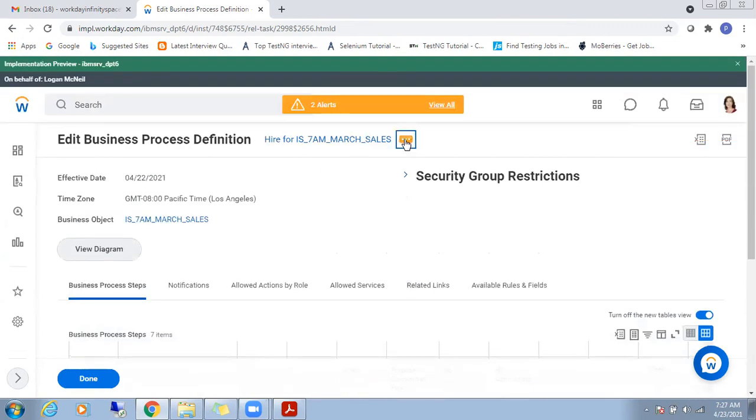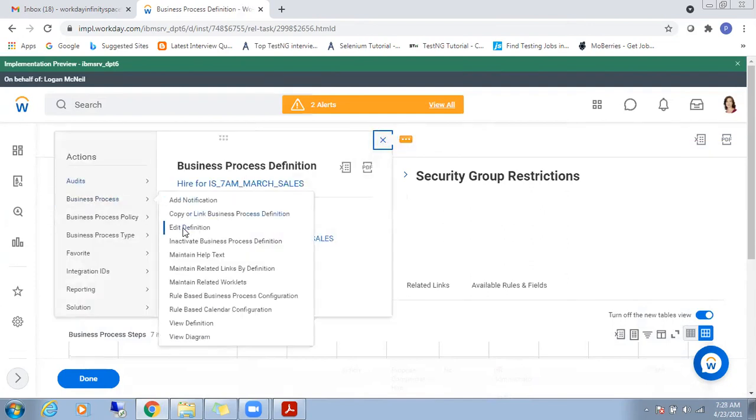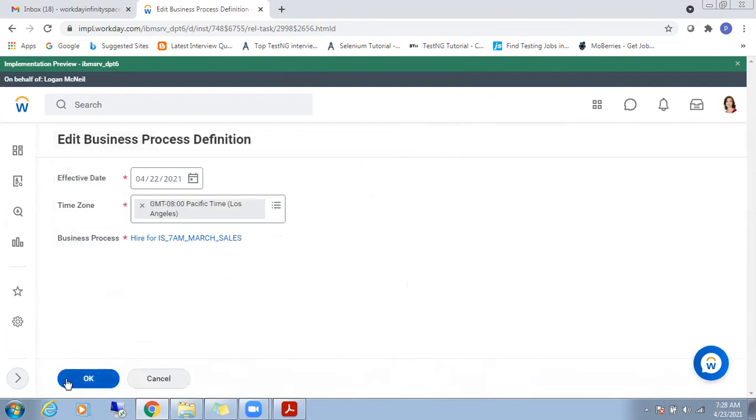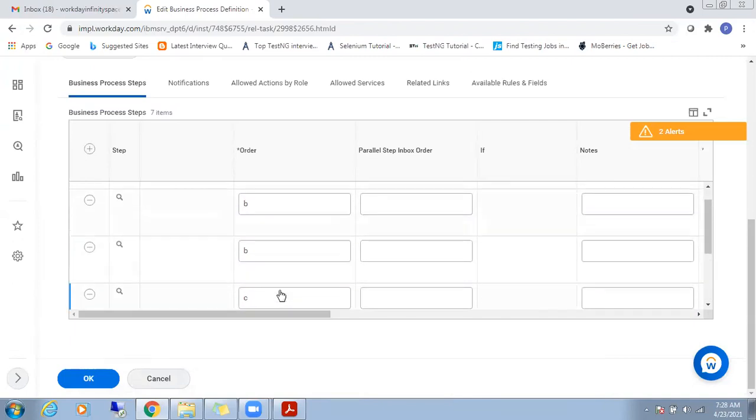Go to actions, business process, edit definition. See here, there are two steps, right?